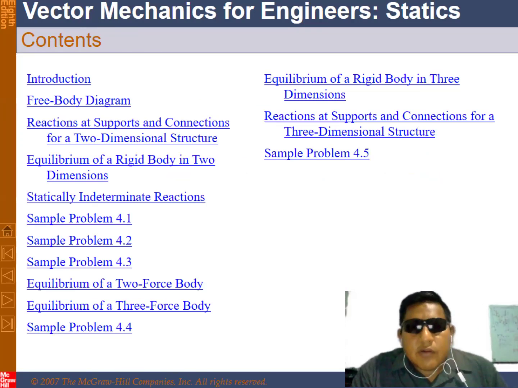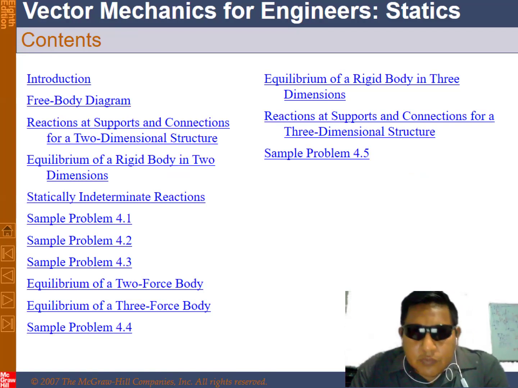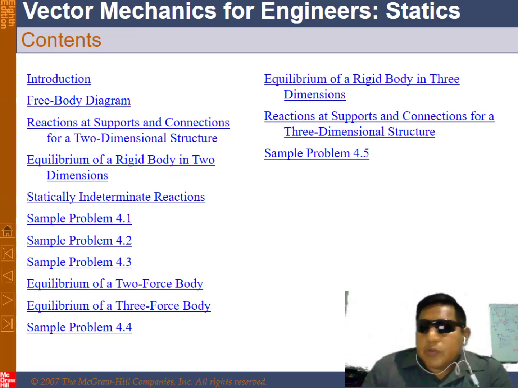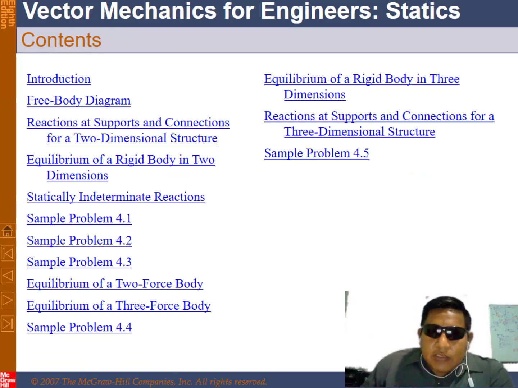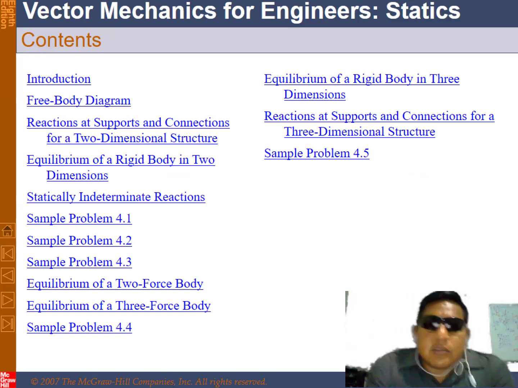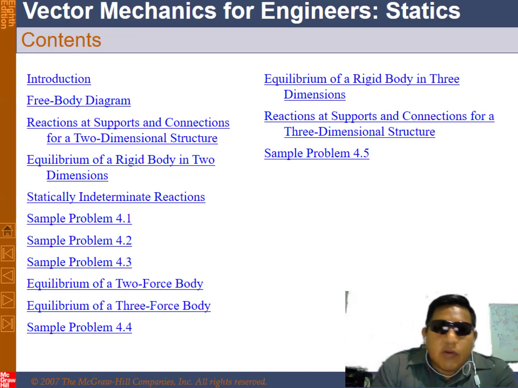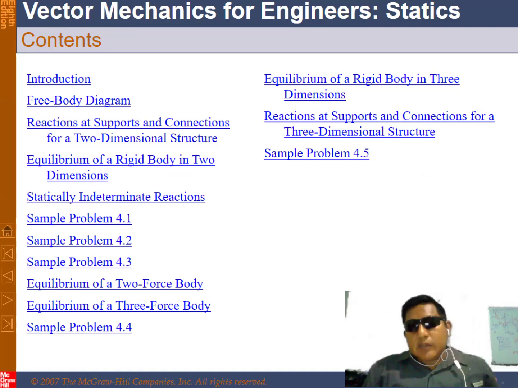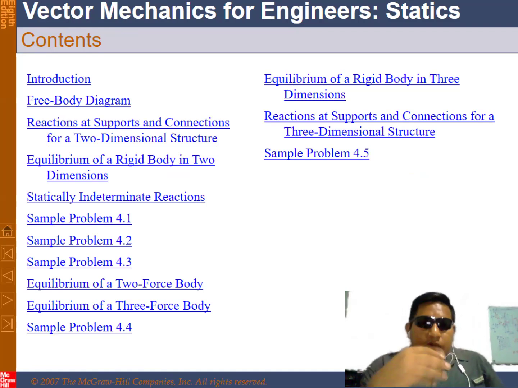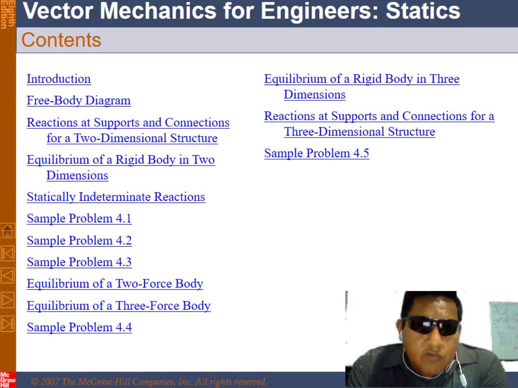What is the content? Vector Mechanics for Engineers: Statics is a solid subject because it's important material. It's an important topic because whatever career you graduate in, mechanical engineer, electrical engineer, petroleum engineer, you need this material. The content is the introduction, free body diagrams, reactions and support connections for the two-dimensional